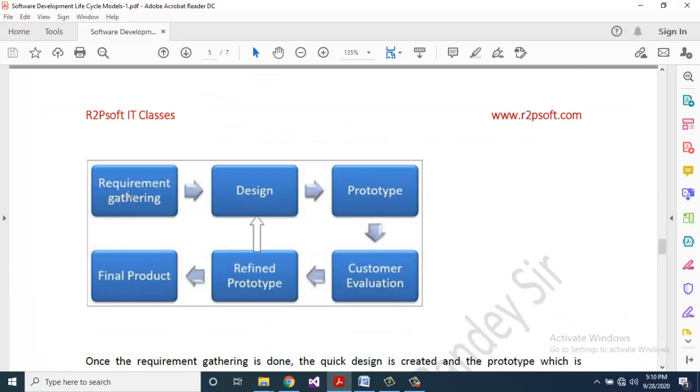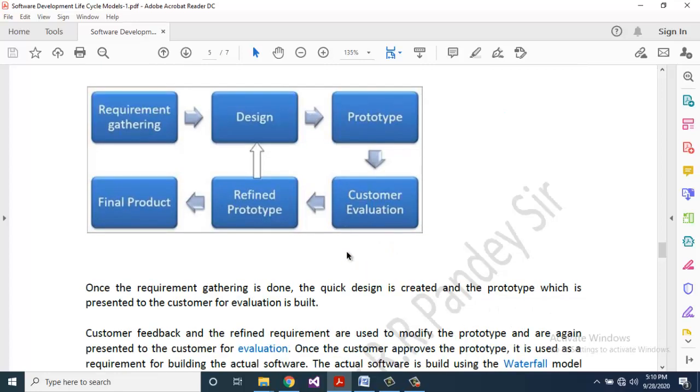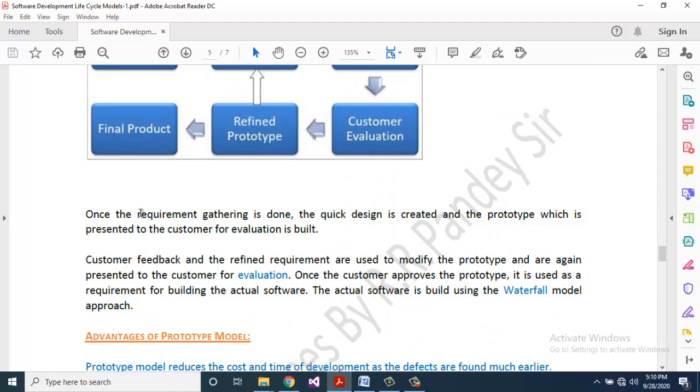You can see requirement gathering, then design, then prototype, then customer evaluation, then refined prototype, and then final product. Once the requirement gathering is done, the quick design is created and the prototype, which is presented to the customer for evaluation, is built.